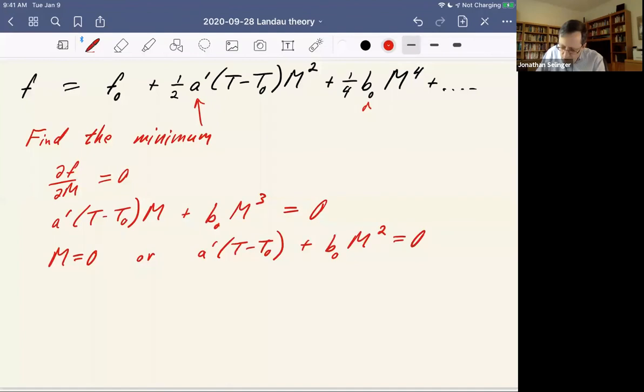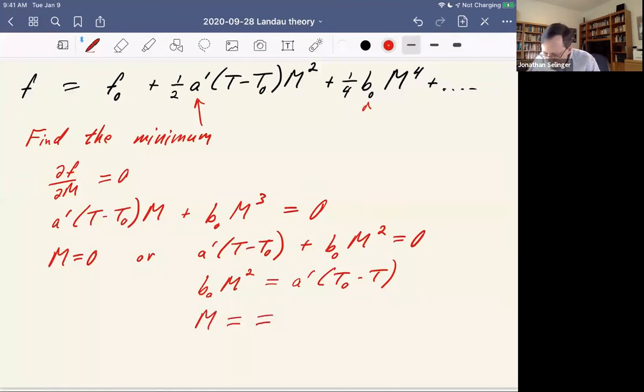So we know that this solution is the minimum for T greater than T0. It's the maximum for T less than T0, okay? But the other state we would get by solving the quadratic equation over here, right? So that's B0 M squared is A prime (T0 minus T). So M is plus or minus the square root of A prime (T0 minus T)